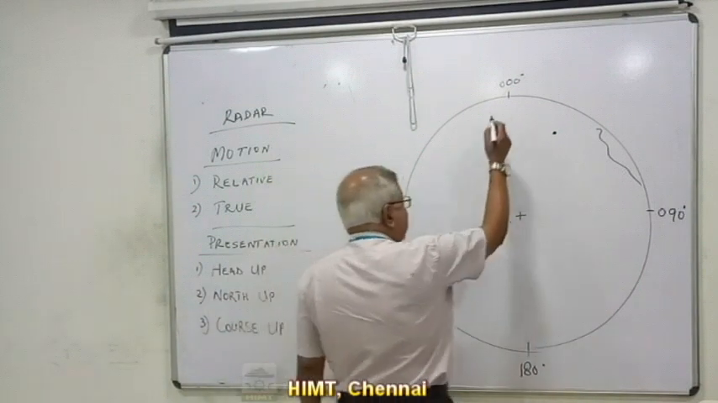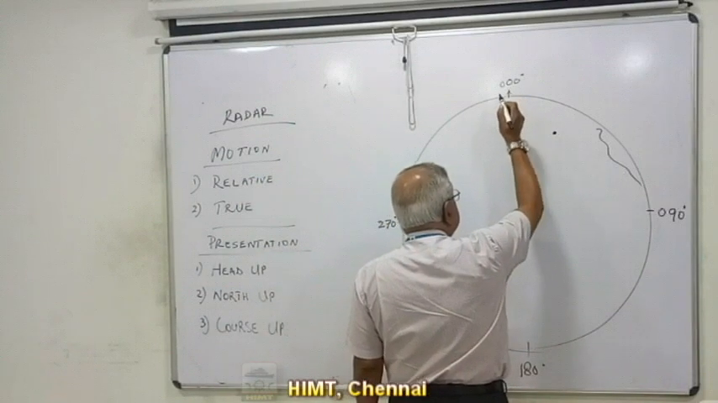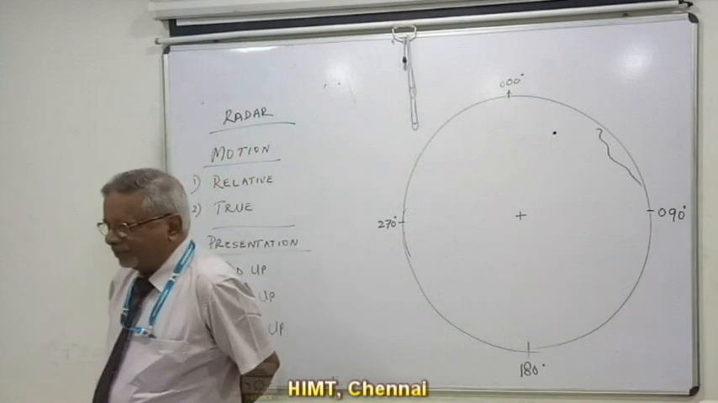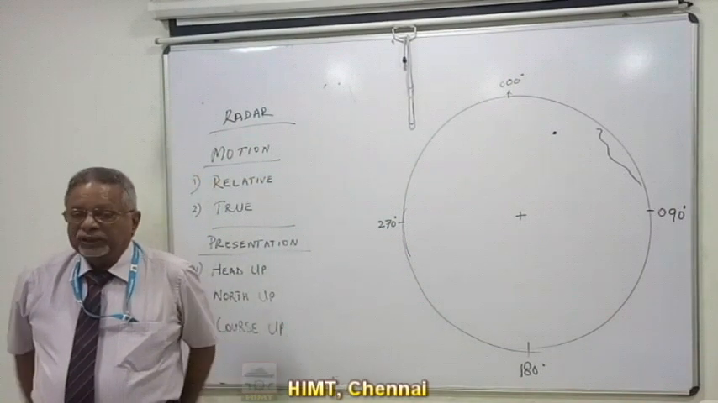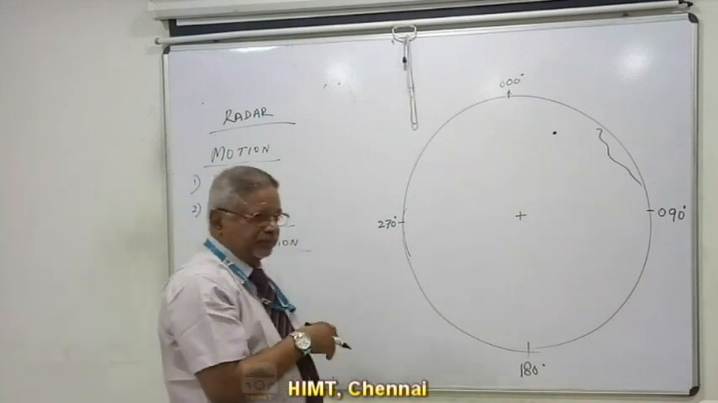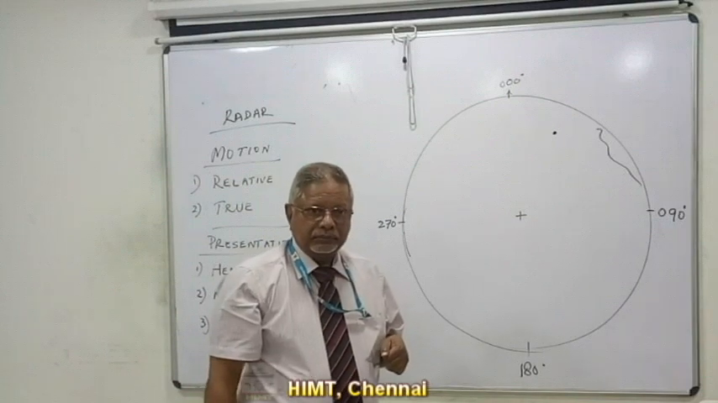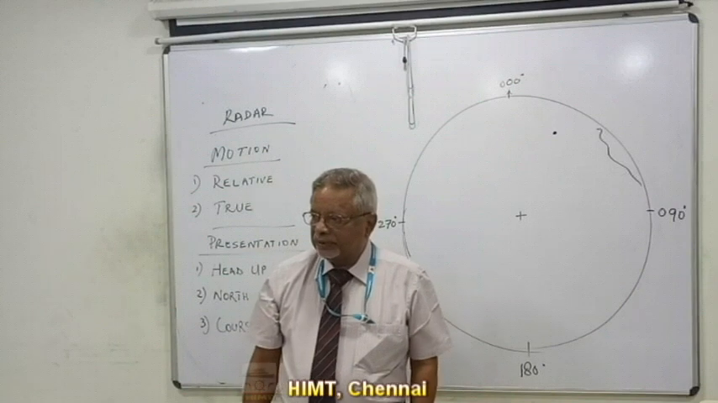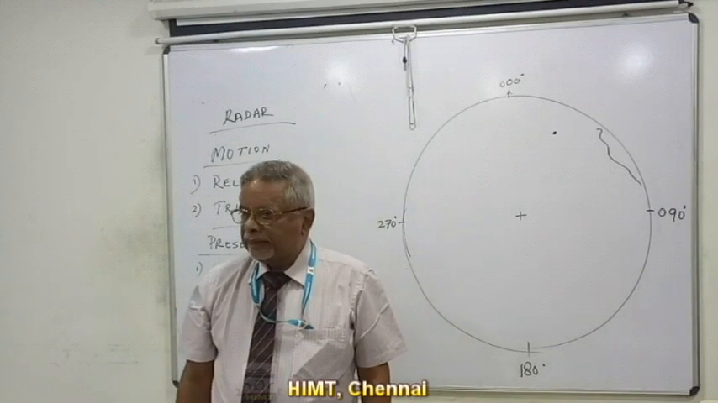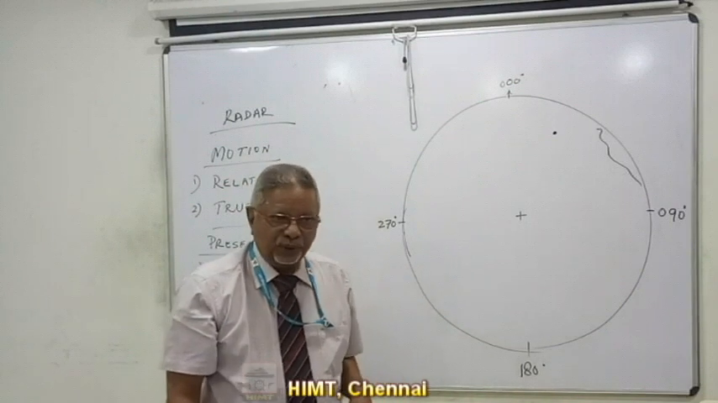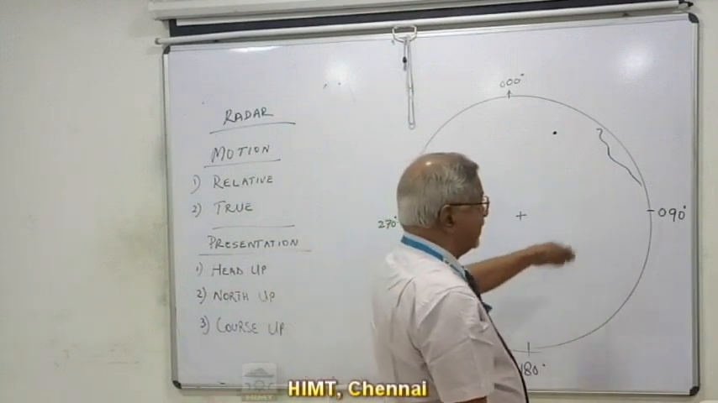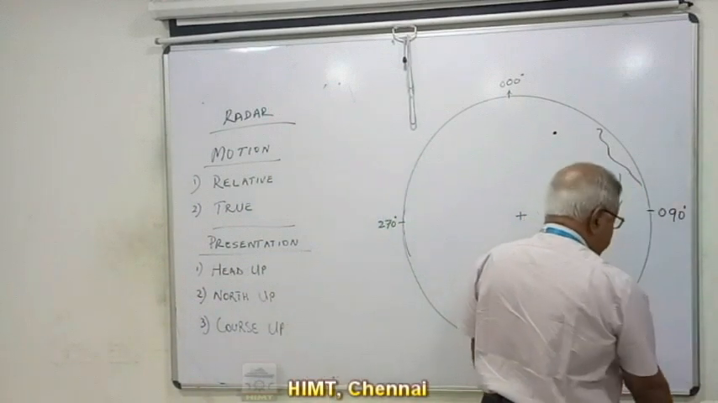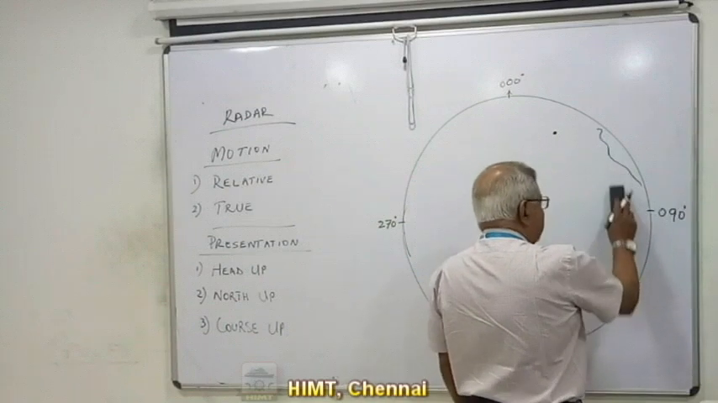Okay, let me say, my ship is doing a course of 000 at 12 knots. On the screen, how will you see this landmass moving? On what course? 180. It will come down in the exact opposite direction and also at the same speed as your ship. Okay. Now, if this